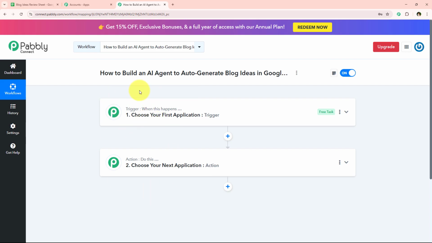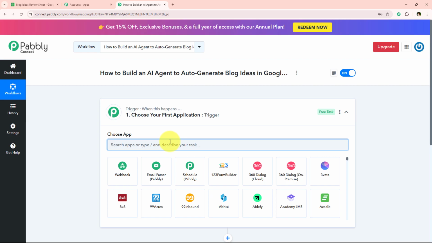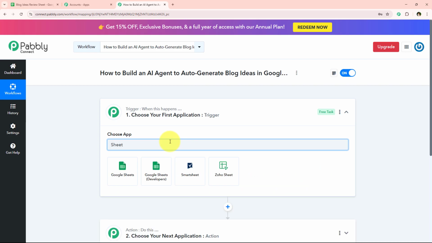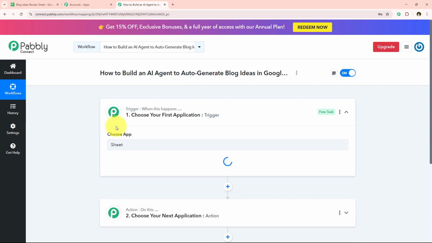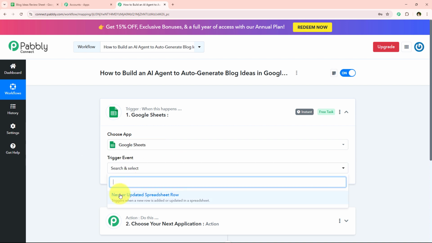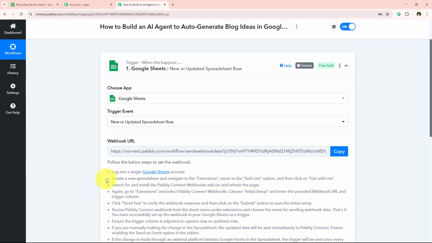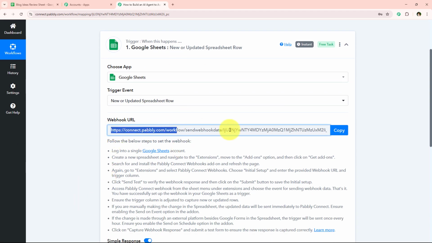And to get started, we are simply going to select our trigger application. So for my trigger application, I'm simply going to select it as Google Sheets. So I'm just going to search for Google Sheets and select it right over here. And now for the trigger event, I'm simply going to select it as new or updated spreadsheet row. And now it is giving me a webhook URL. So we're going to use the same webhook URL in order to create a connection between our Google Sheets and our Pabbly Connect's workflow. So I'm simply going to copy this webhook URL